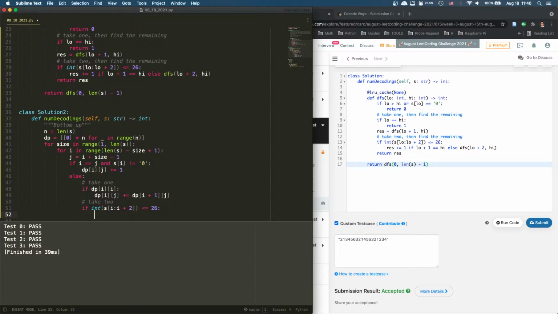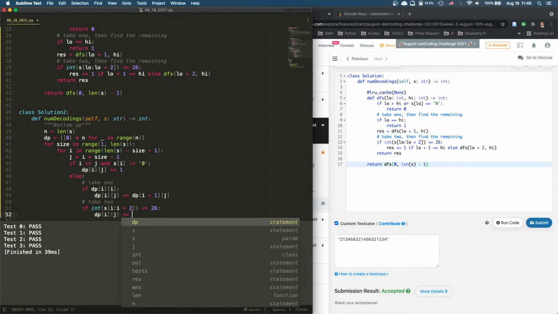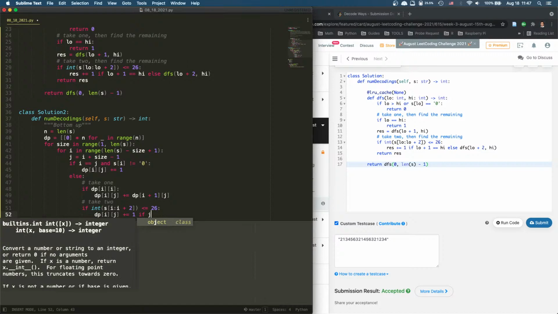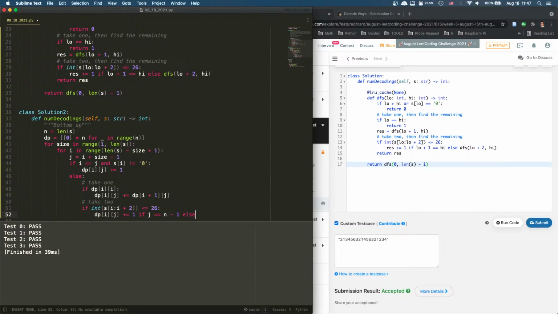Then what? Then we say dp i j, right? So take 2 plus equal 1 if j is equal to n minus 1. So we're already at the end, right? Else, we can do dp i